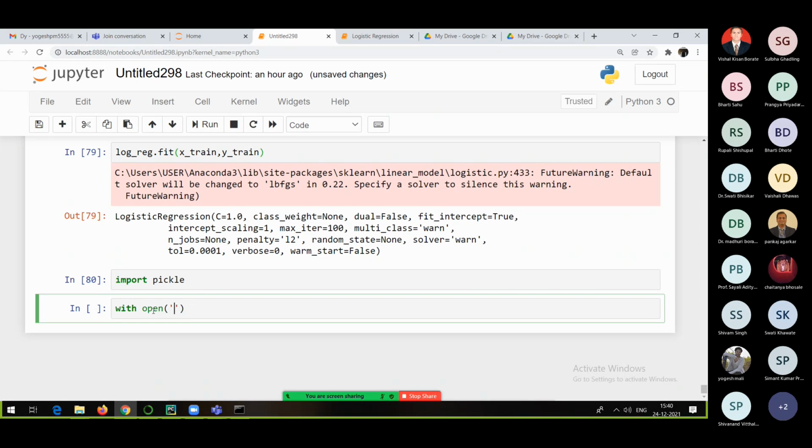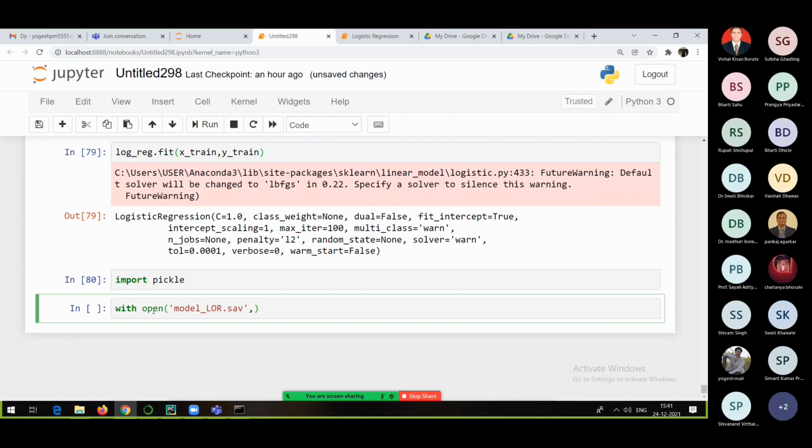So what I will do is I will try to create a file with this name, model underscore logistic regression, model underscore logistic regression dot sav. You can save a machine learning model with the dot sav extension also. So what will happen if that file is present there? It will open. Otherwise, if it is not present, it will not open.